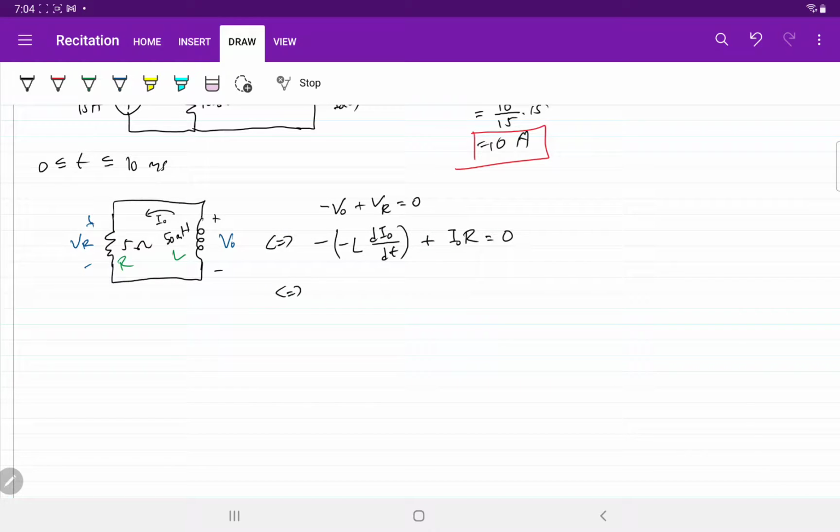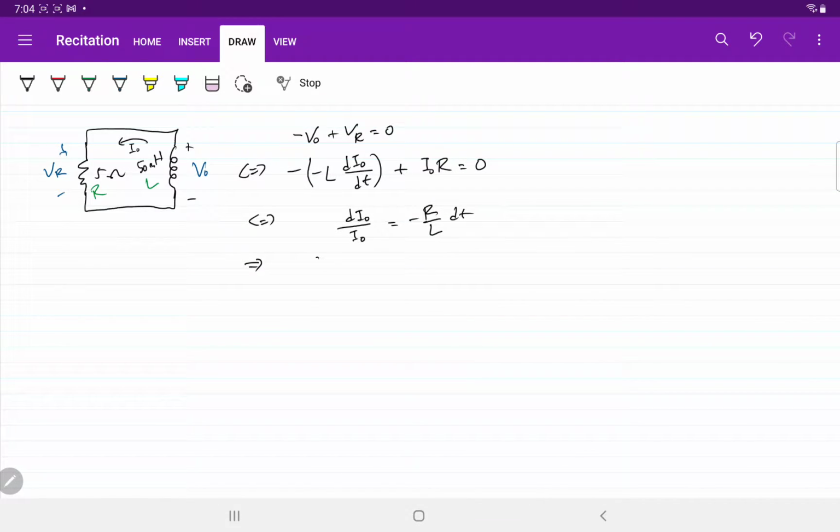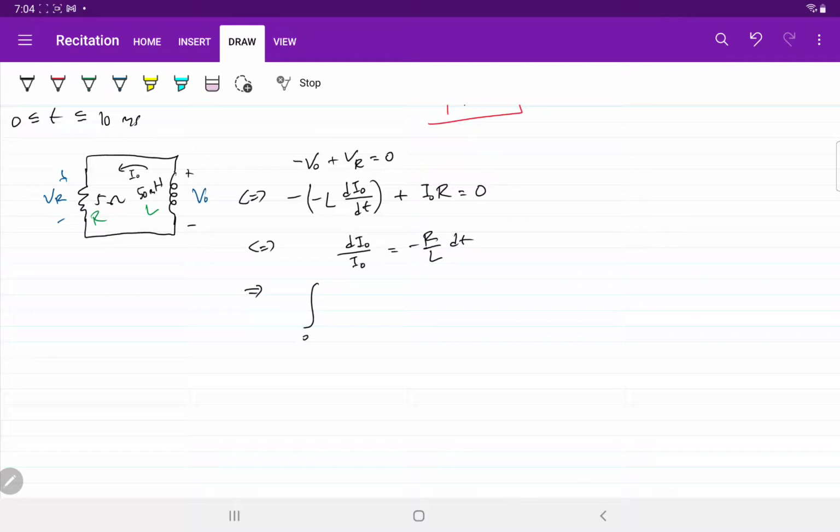So we can derive the equation. We have di0 over I0 equals minus R over L dt. Again, we integrate from 0 because we start from 0. Okay, so the integral of 1 over x dx from I0(0) to I0(t) equals the integration from 0 to t of minus R over L d tau,